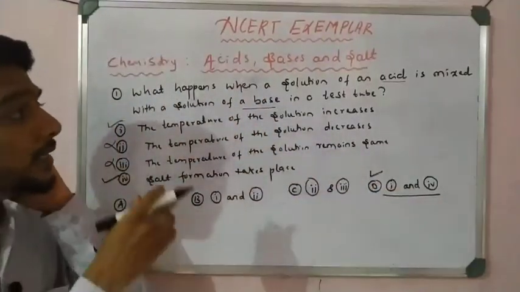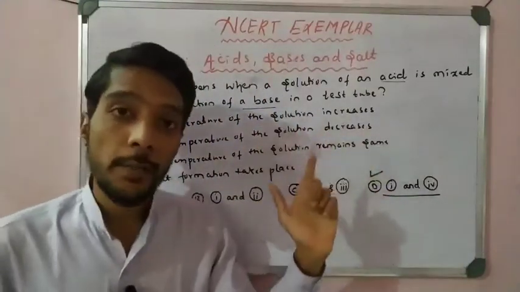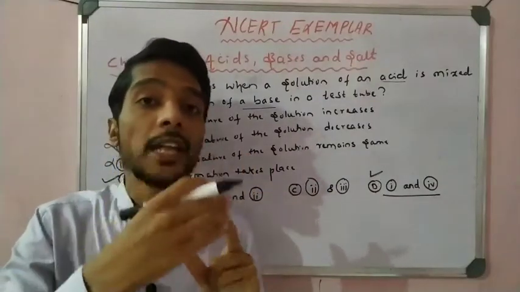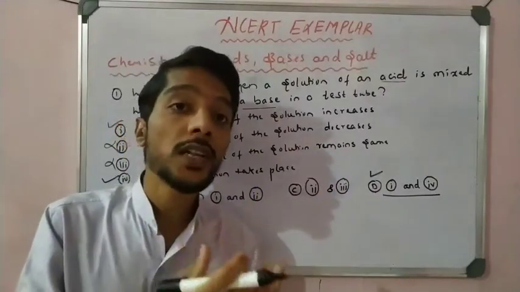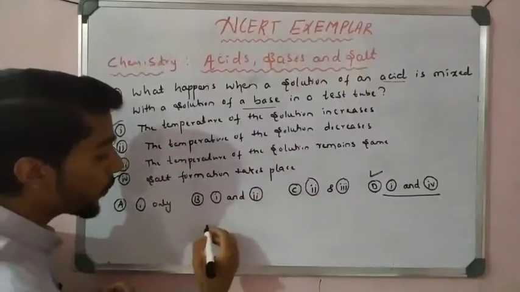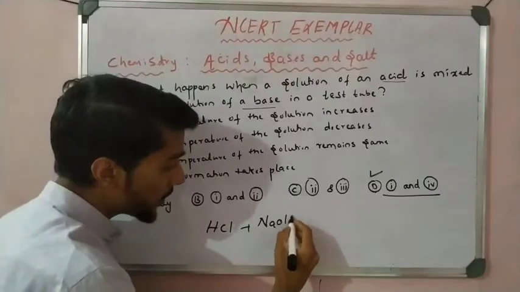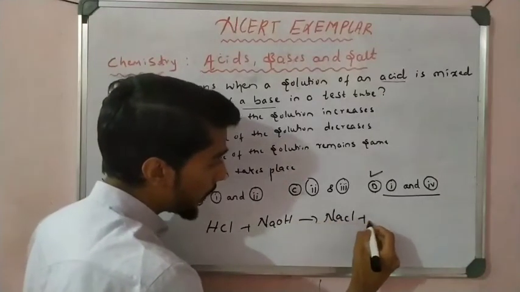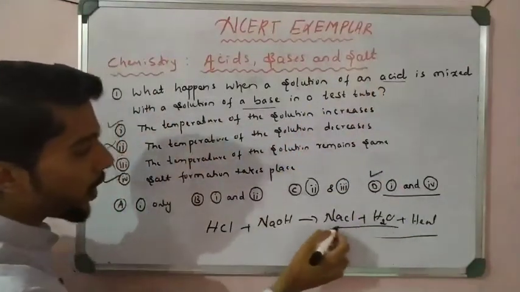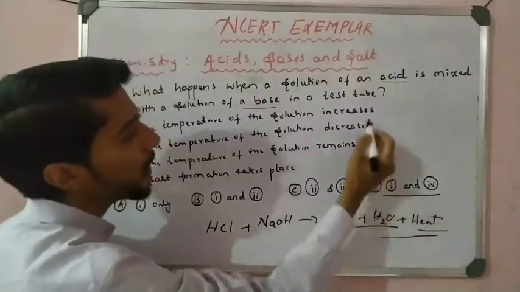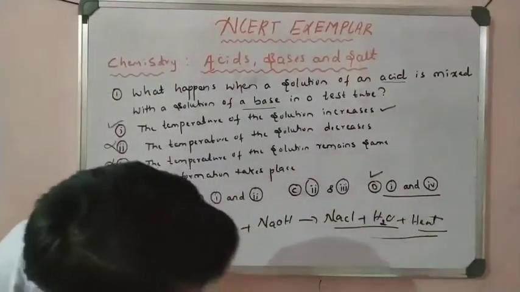That is how we can take the observations. That is very important for examination. You must know about the reaction between acid and base. One observation is that it is an exothermic reaction, and the second observation is that salt formation takes place, which is called a neutralization reaction. An example of a neutralization reaction is hydrochloric acid plus sodium hydroxide base gives salt and water, NaCl plus H2O plus heat liberated. Salt formation takes place, and heat liberated means temperature increases. So statements 1 and 4 are correct. Like that you have to practice, right students?